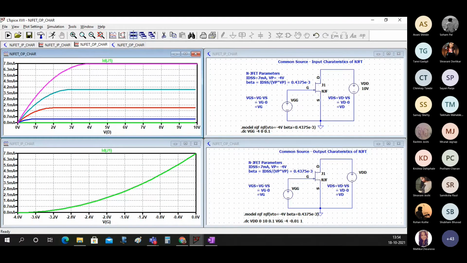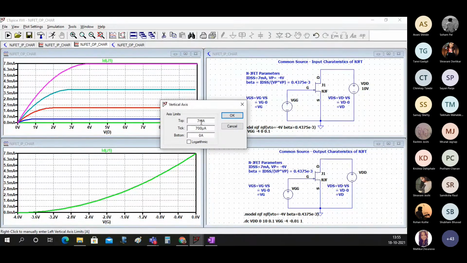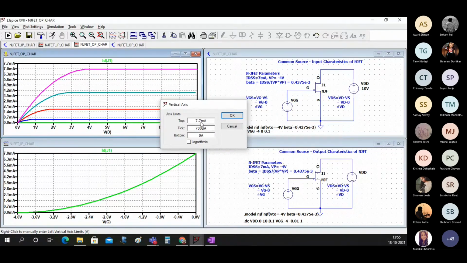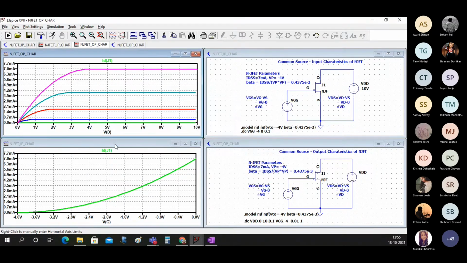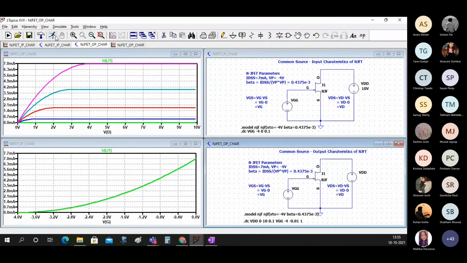And now show me all 4 of them in one graph. And specially change this from 0 to 7, and here also I want to see 0 to 7 milliamperes. Come on, do it. Or what we can do here is we can make 7, it is 7.7 in both the graphs. So here we can make it 7 point. So this is also fine. Okay, Akshay, still very good.